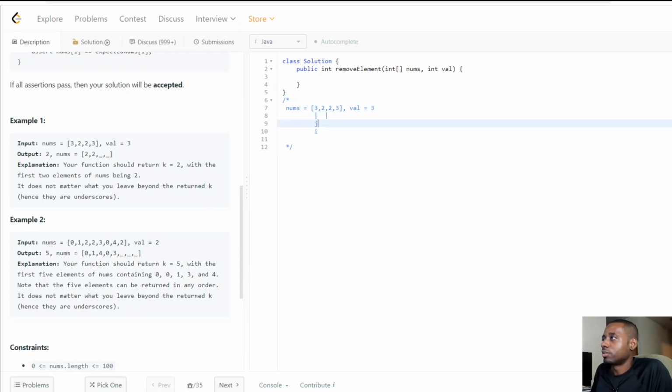See if I could place it here. So J would be... so after it moves, because the 3 equals 3, we just move forward. We just disregard it and move forward. And then we check: does 2 equal 3? If it's not equal to 3,